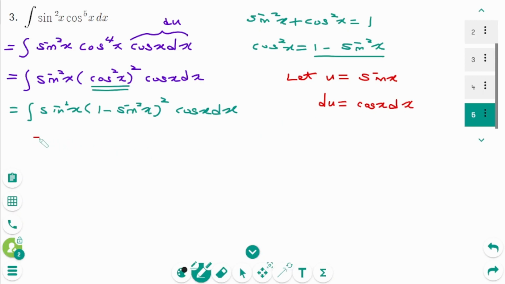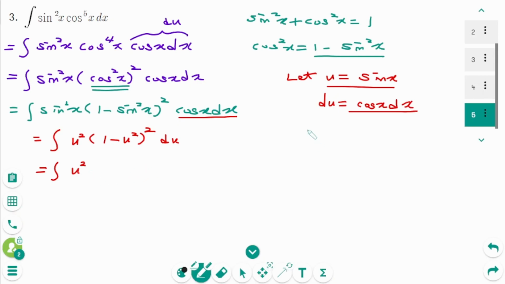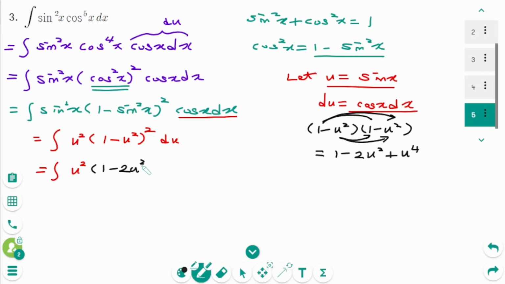Then back to the original, the integral of sine squared x means u squared, times 1 minus u squared, then squared, cosine x dx means du, equals integral u squared, let's FOIL 1 minus u squared times 1 minus u squared equals 1 minus u squared, another minus u squared, so minus 2u squared plus u to the power of 4, then 1 minus 2u squared plus u to the power of 4, then du,